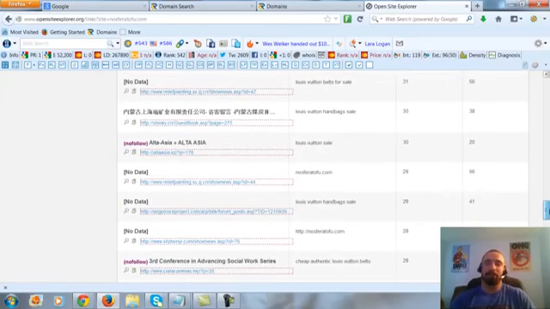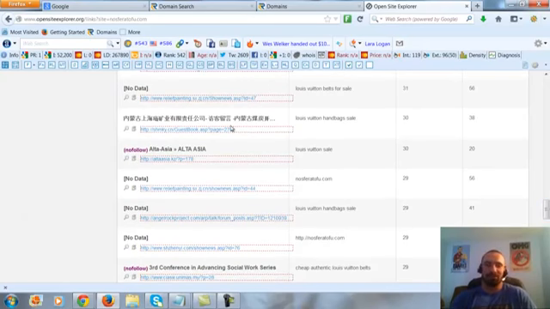Okay, compared to the site we just looked at before, the ticket one, where it has links from actual ticket sites. It connects with the site. This is just all over the place. Guest book, foreign China link, just a whole bunch of stuff on the end of the URL.